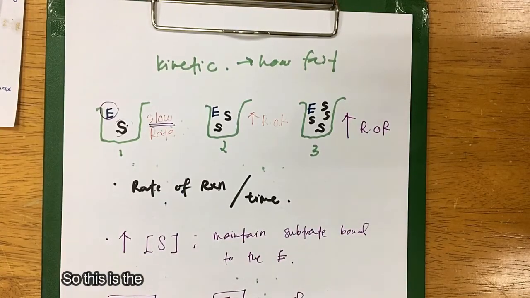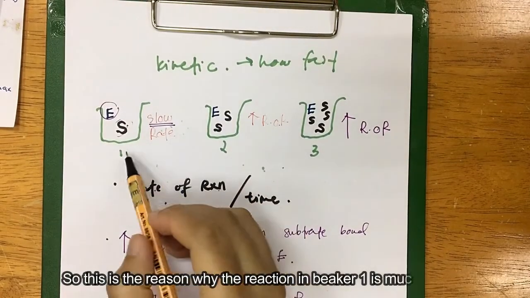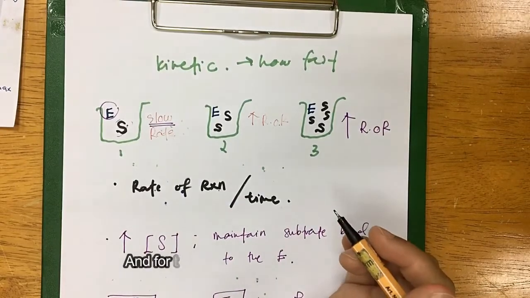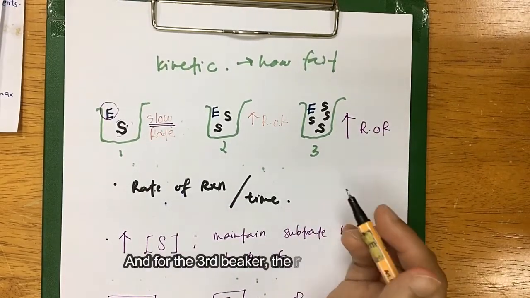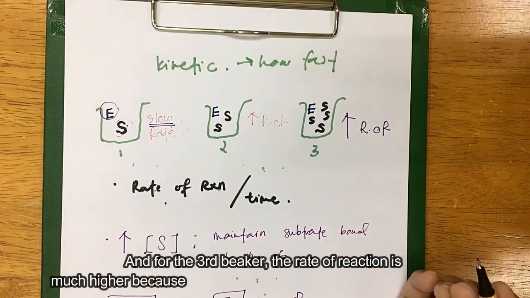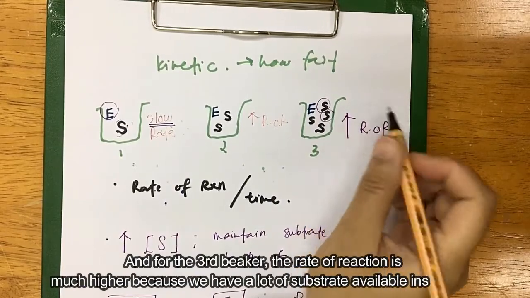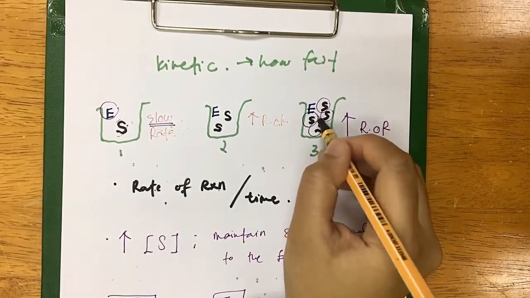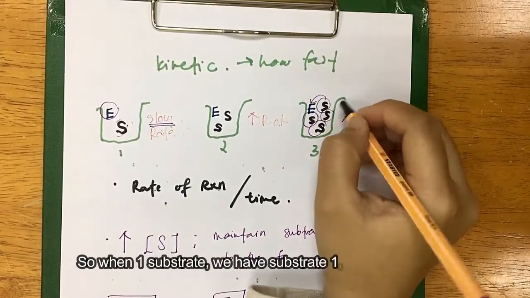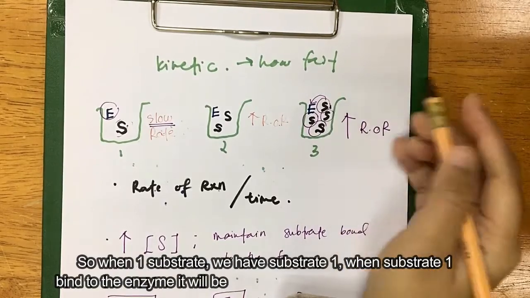So this is the reason why the reaction in beaker 1 is much slower. And for the third beaker, the rate of reaction is much higher because we have a lot of substrate available inside here. So when substrate 1 binds to the enzyme, it